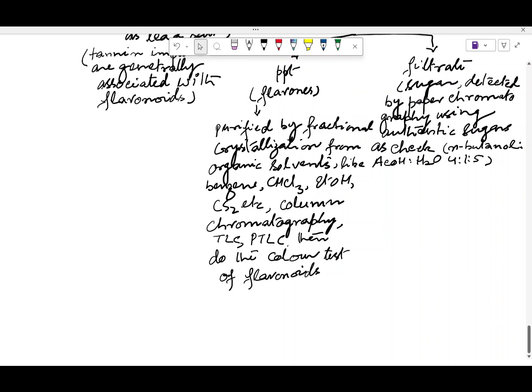Then you have to confirm that you have a positive flavonoidic test. Then the structure is established by other tests. In this way, you can move forward with the isolation and characterization of flavonoids.